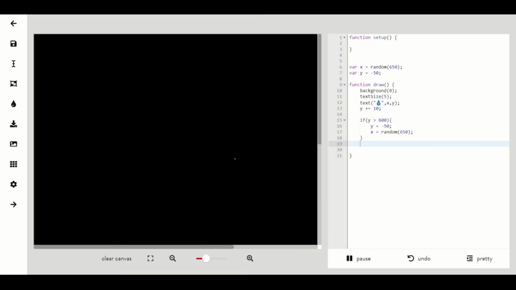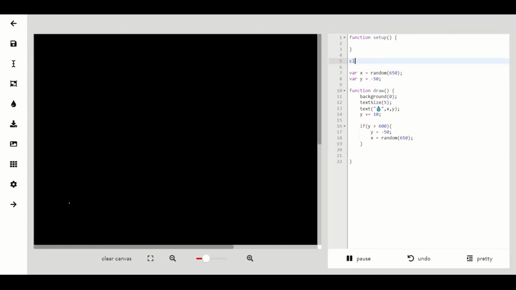In this video, we are going to make a rain animation using classes and objects. Right now, we are only using function draw, and we only have one raindrop, which we display using text and an emoji. We could make a bunch of new variables and a bunch of other emojis, but a more efficient way to approach this is by using objects. With classes, we can define the properties and actions of a single raindrop, then create a bunch of new raindrop